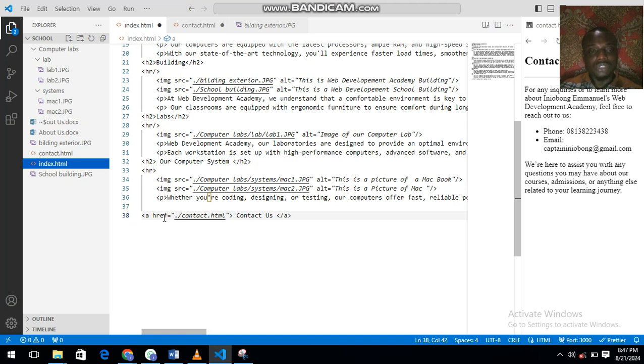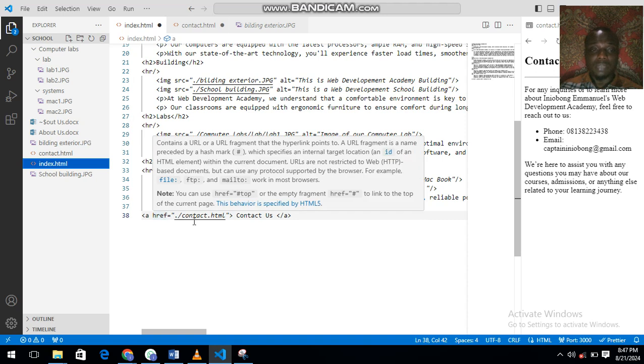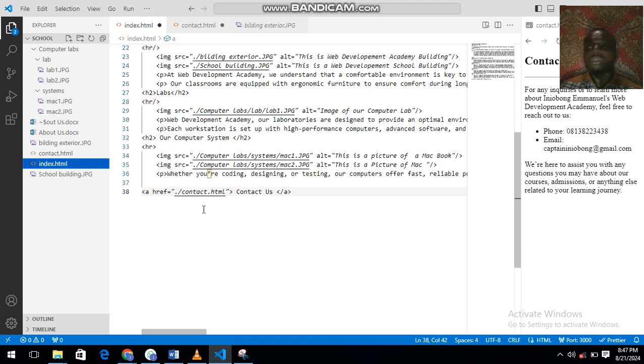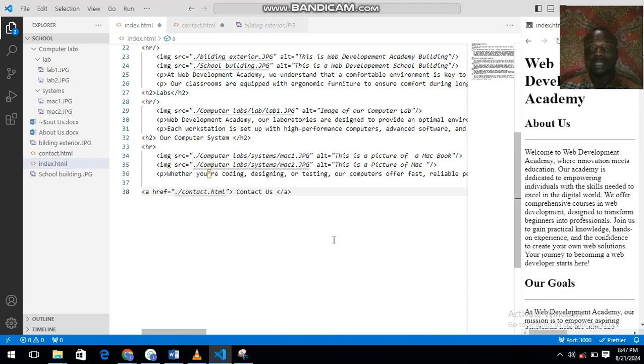So we just use the href attribute, and this is the value for the href attribute. The href attribute is the link pointing to another page, alright? So this is the link pointing to this value. The value is another page. It's the contact.html we just created here. So I wanted to display this Contact Us. That's possible with the anchor tag, alright? So if we run it again, we have something like this.